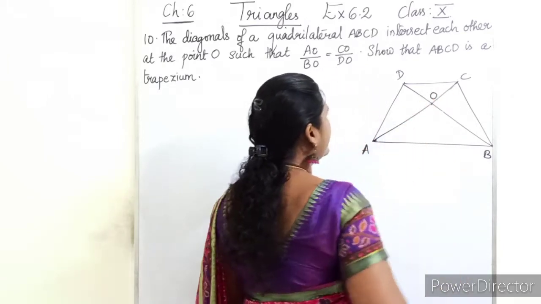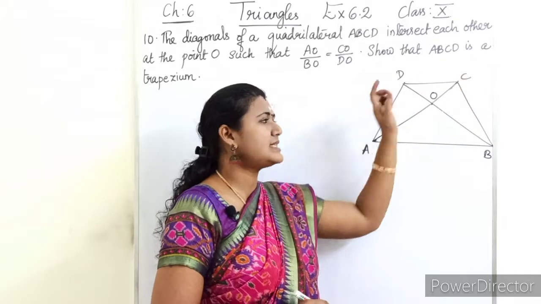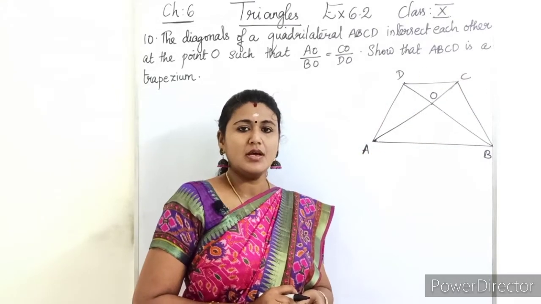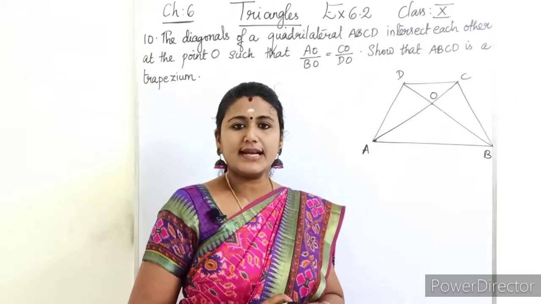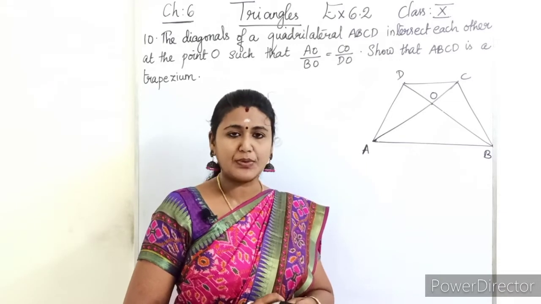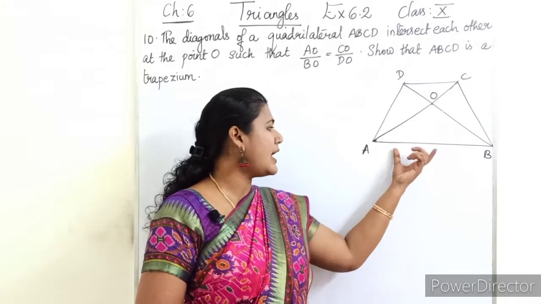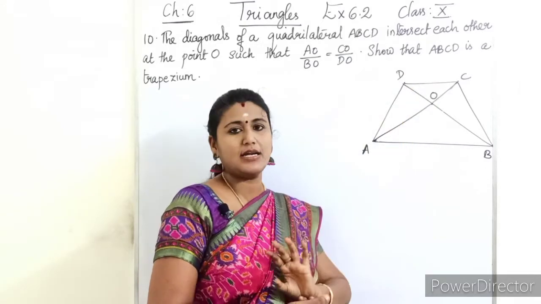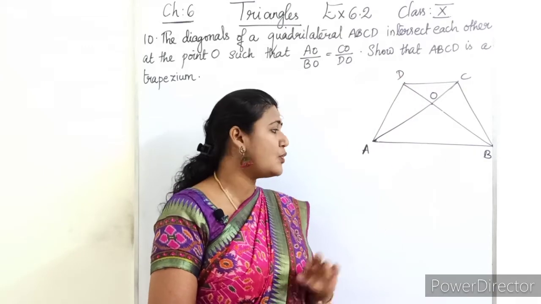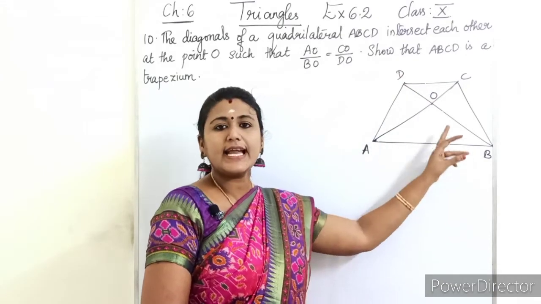Diagonals intersect at the point O, and we have to prove that this quadrilateral ABCD is a trapezium. For proving a quadrilateral is a trapezium, what is the condition we need to prove? We have to prove any one pair of opposite sides are parallel. So we have to prove AB is parallel to CD. If we are able to prove one pair of opposite sides are parallel, then we can say that ABCD